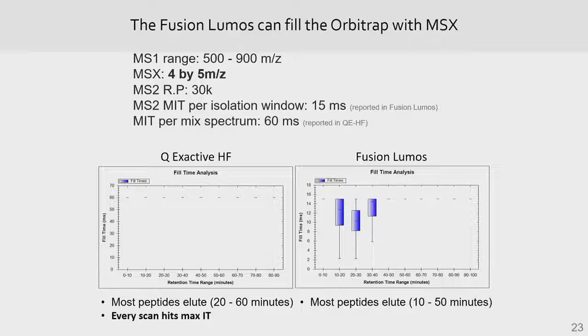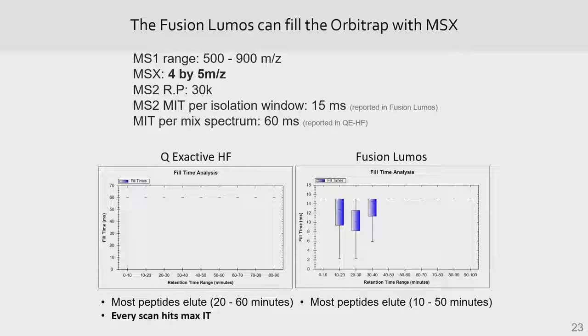It also gets very confusing between San Jose, which is where the Lumos is made, and Bremen. Bremen considers the maximum inject time the sum of the 4 or 5 m/z wide windows, which is 60 milliseconds. And in San Jose, they consider the maximum inject time per isolation window, which is the 15 milliseconds. So it's a little confusing, but the point here is that we do get to the point where peptides are